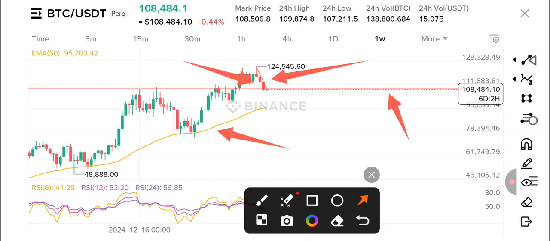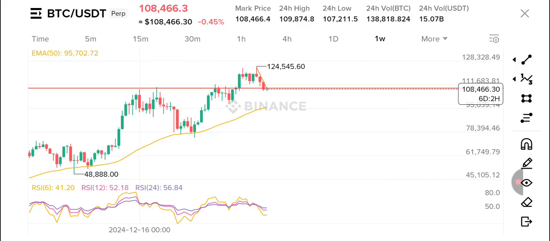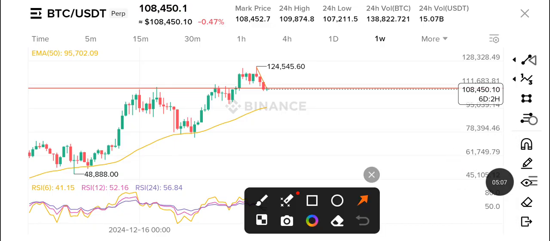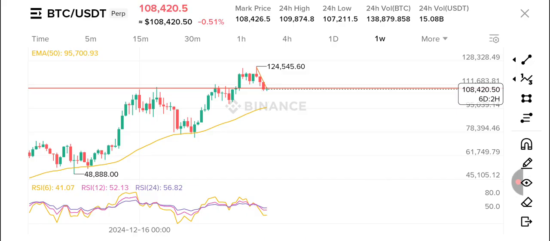So that means that if I'm considering the indicator in the first place, I'm going to be expecting price, BTC, to continue that down movement to come and touch my indicator here. If I see that it has come to touch that indicator, then I will begin looking for an entry